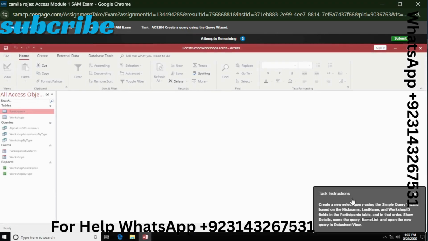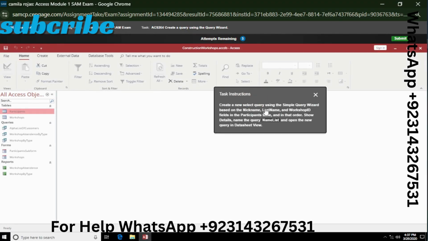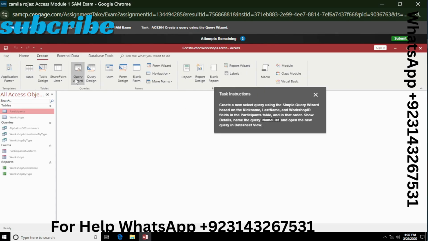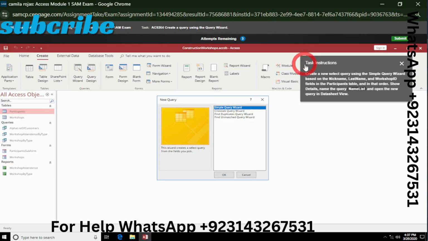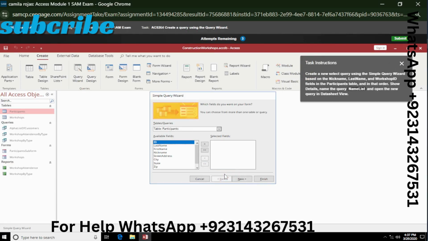Our task 8 is create a new select query using the simple query wizard. So go to create, click on query wizard, simple query wizard, and click on OK. And now based on the nickname, last name and workshop ID fields in the participant table.